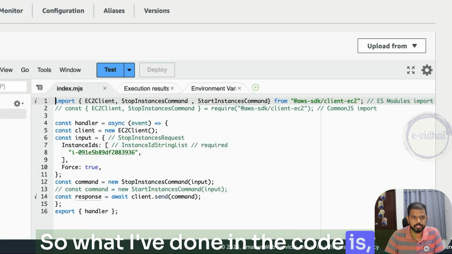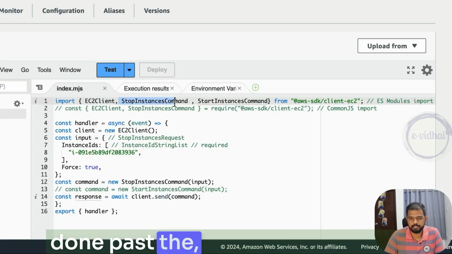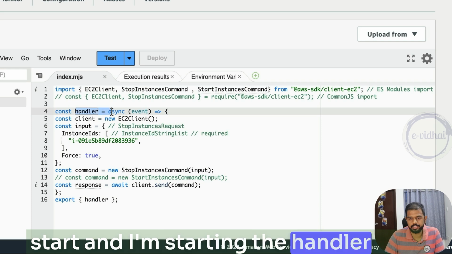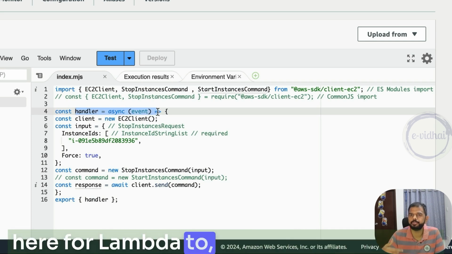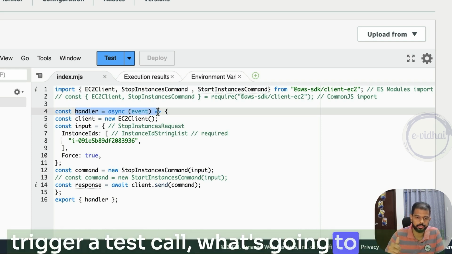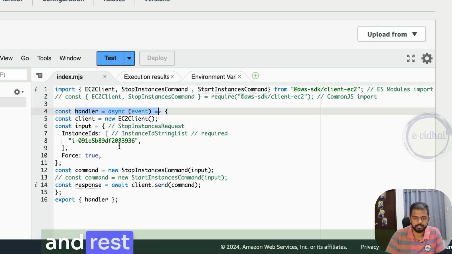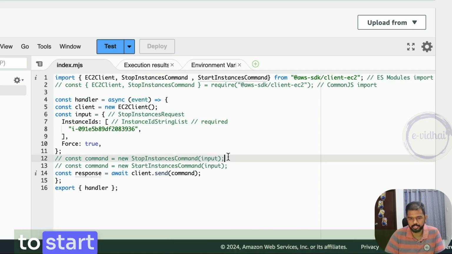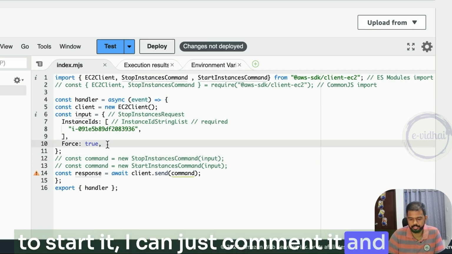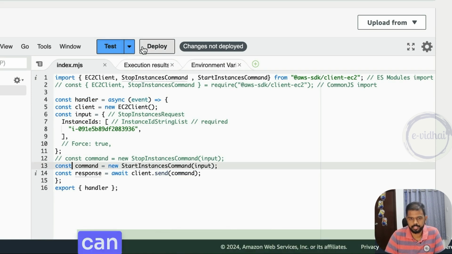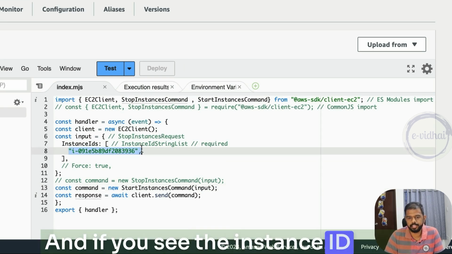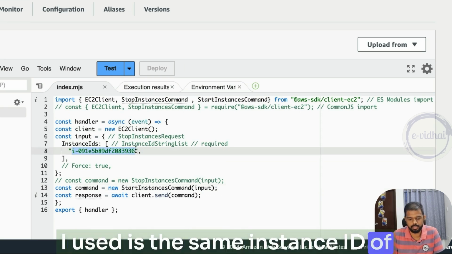So what I've done in the code is I've passed both here. Instead of just stop, I also use the start, and I'm starting the handler over here for Lambda, whenever I trigger a test call, and the rest of the code remains the same. So in this case, it's for the stop API call. To start it, I can just comment it, and you would need this part, and I can deploy the Lambda. And if you see the instance ID here, I used the same instance ID of